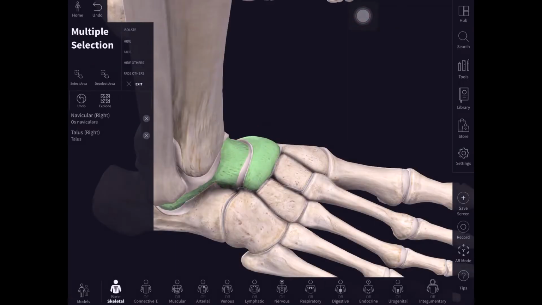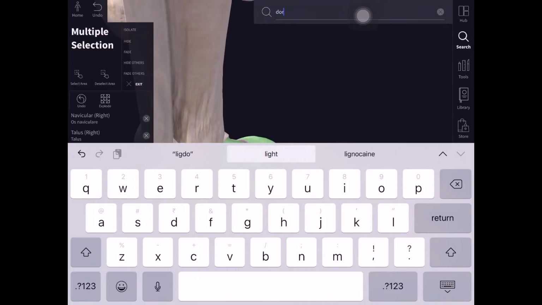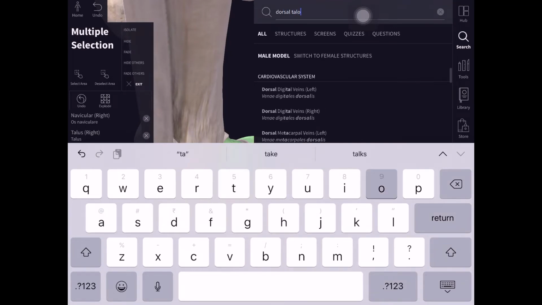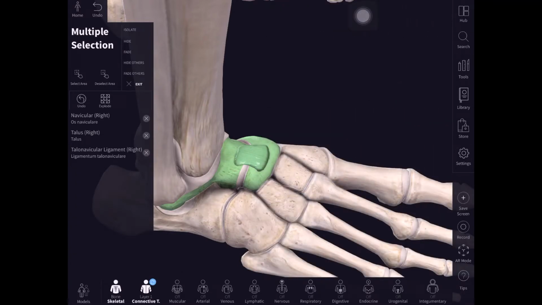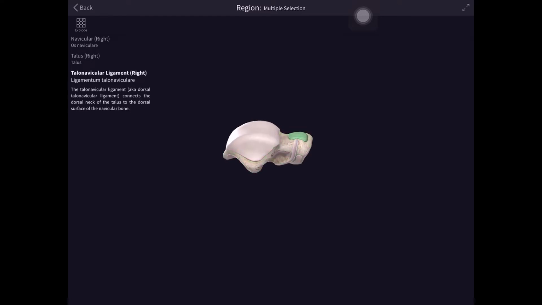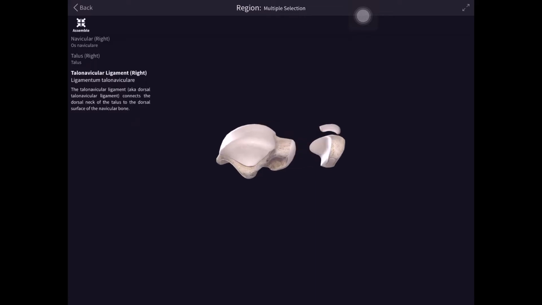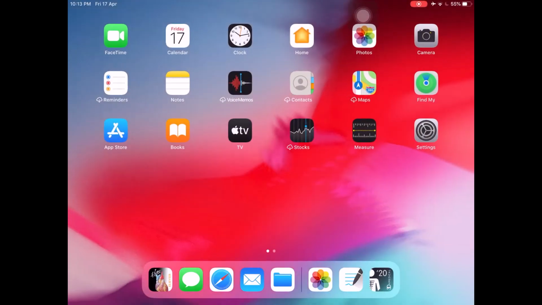So let us see our ligament. Here, dorsal talo-navicular ligament. Yeah, that's a band. You can see there. And if we isolate this, you see that's a ligament. Can you see this on the top? That small band-aid. That's a dorsal talo-navicular ligament. It is present on the dorsum, or you can simply call it the superior talo-navicular ligament also. See? Okay.